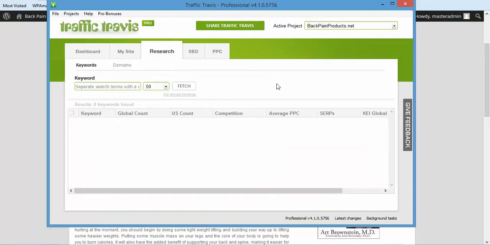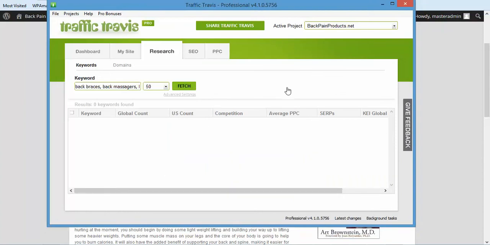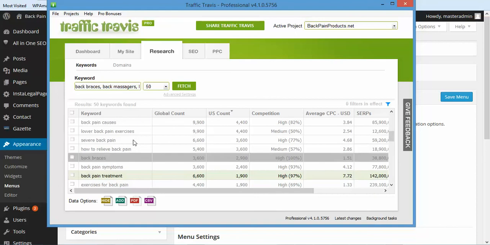So let's go to the research tab. Now remember, we put in some search terms when we first started the project. If we click in the box here, we can click OK to put in these keywords. Now what we can do is click on fetch, and it's going to go out and get all of the information, competition, and everything about our keywords. It brought us back some keyword results, and what you can do is take a look through here and find some keywords that you want to use